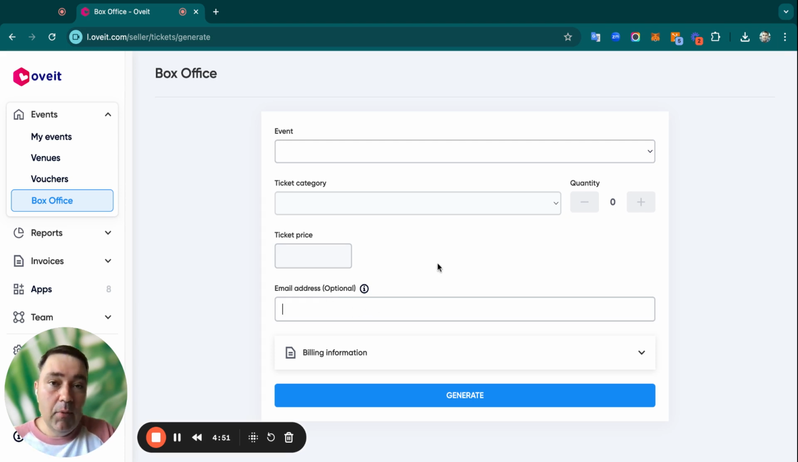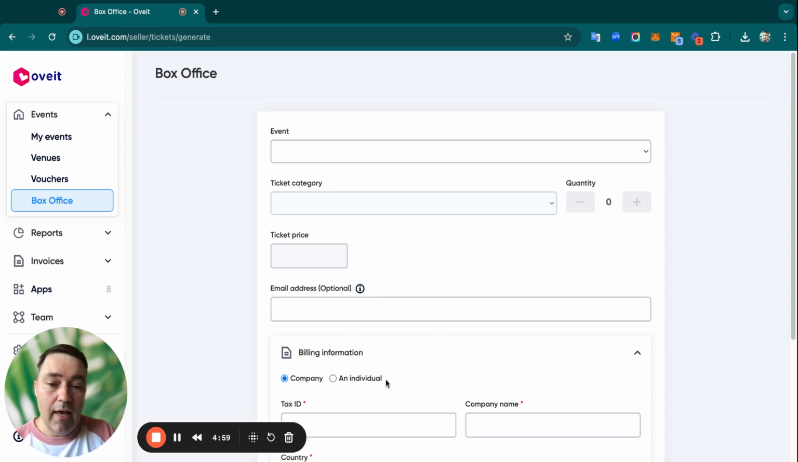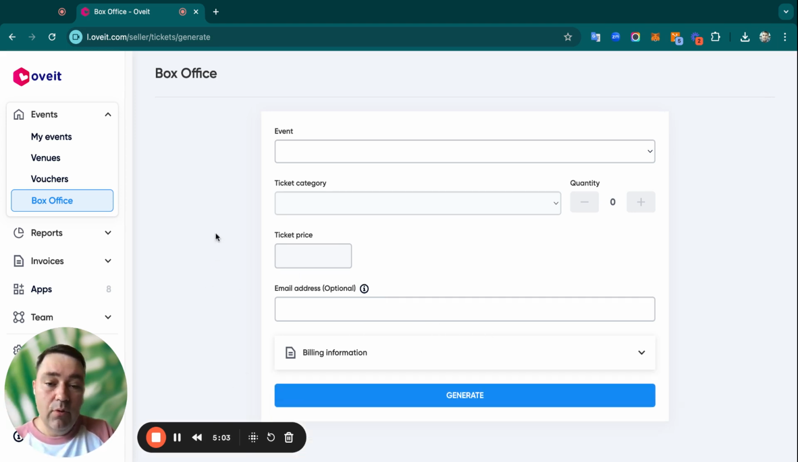You can add an email address for whoever is purchasing, and the system automatically sends the e-tickets to their email. And if you want, you can also add the billing information if they might need an invoice or receipt. Once you press generate, a ticket is being generated and can be printed if you have attached a printer to Ovid. So in a nutshell, this is pretty much all in terms of selling tickets online and at the box office